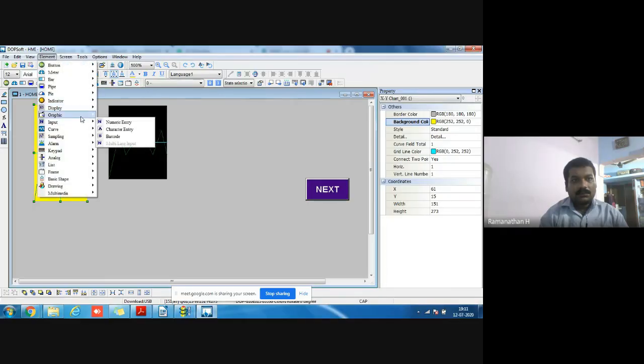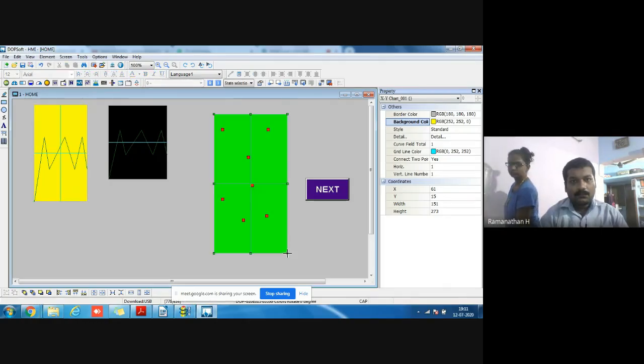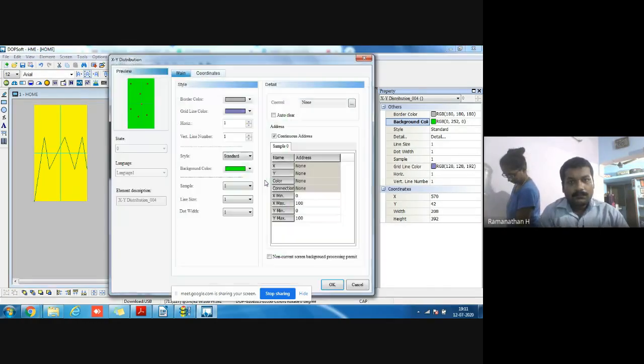Then the XY distribution: XY minimum and maximum we set, X minimum, X maximum, Y minimum, Y maximum.